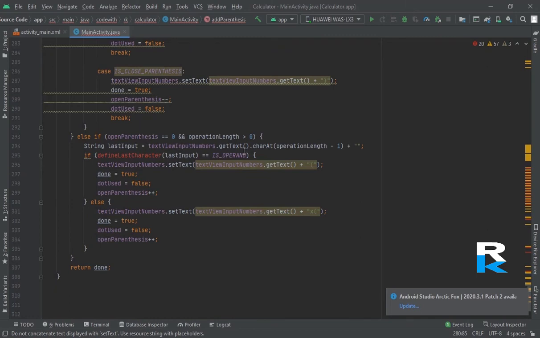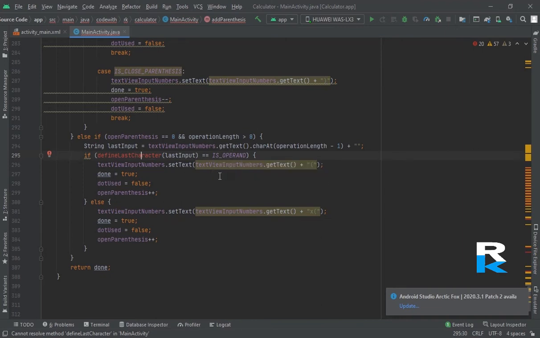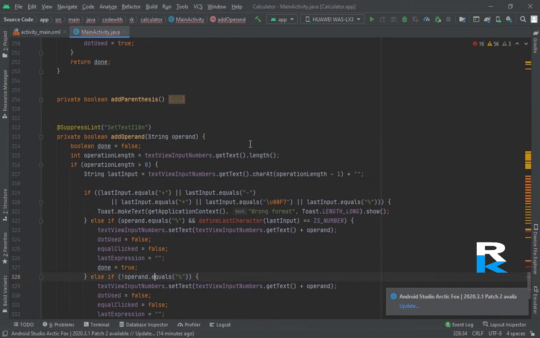Okay, now here are some other things. It should check the last character; if that is an operand, it should enter the open parenthesis. But if that is not, else it should enter a multiply parenthesis. Now here I have created another method for the operand. Whenever we enter an operand, it should call this.